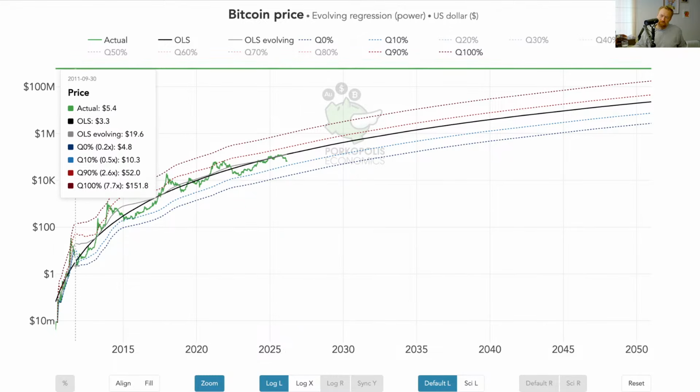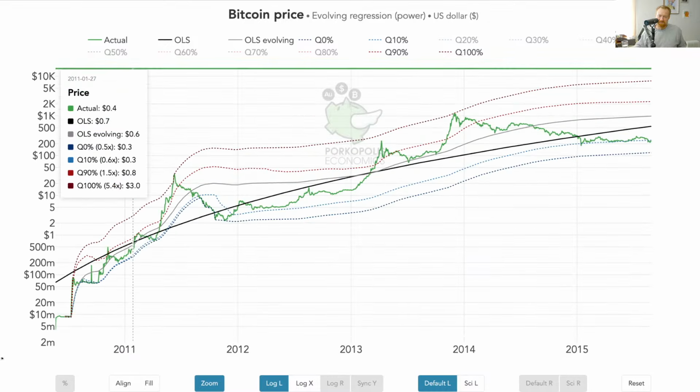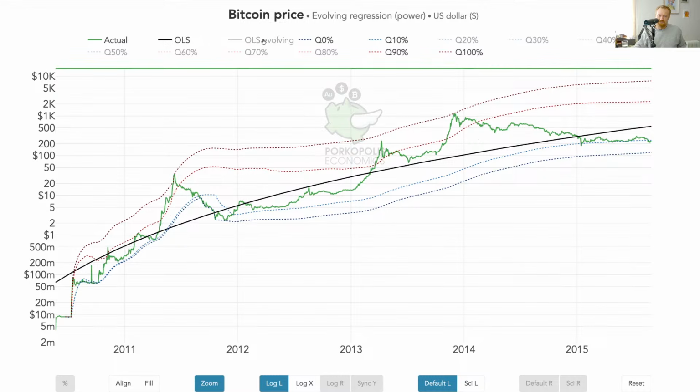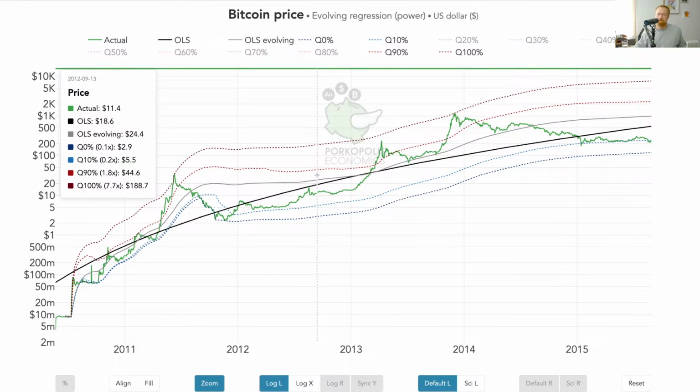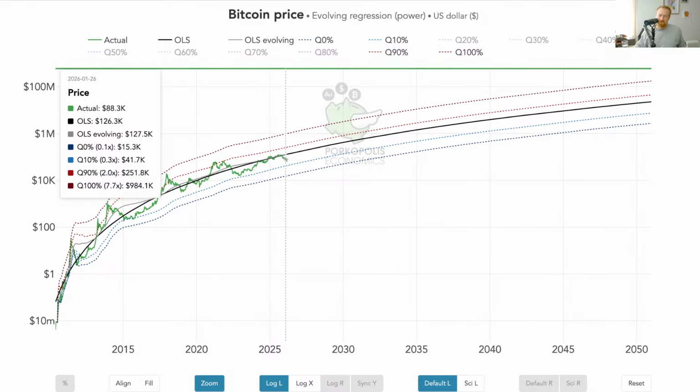So the point here is to show you that even though people think Bitcoin is volatile and scary and not a real asset, it's actually moving closer to the curve than in the old days, where it would be way over or under, and this evolving curve was more wacky. It's moving closer to the black line, not closer to the outside lines.